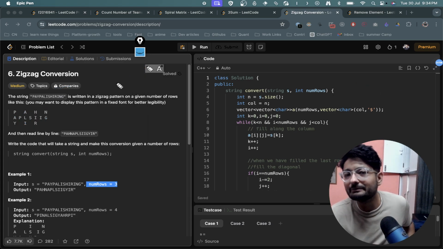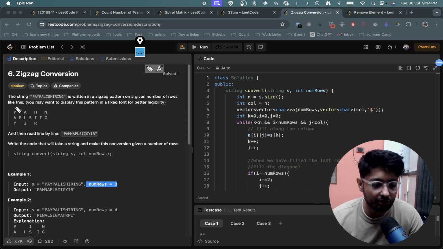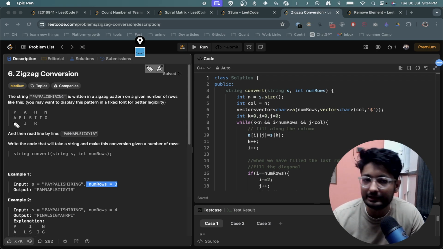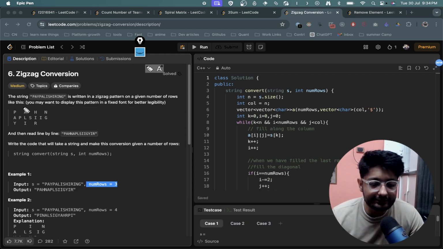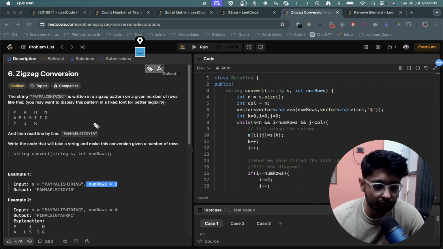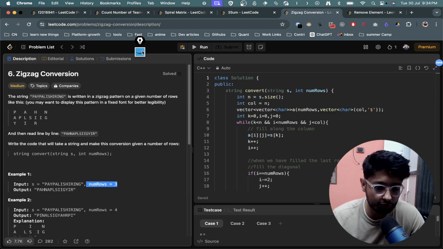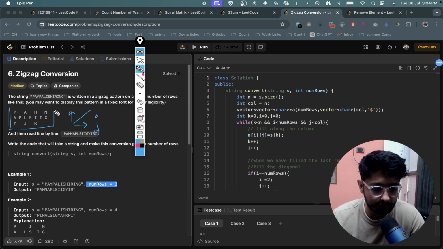Now it's not very difficult, it's just an implementation type of problem in which you first go down, and then when you have reached the last row, you go in a diagonal manner until you again reach the first row. When you go in this diagonal manner, you are going in the right direction and the up direction. Right direction means that your j increases, if you're assuming that this can be some sort of a 2D matrix